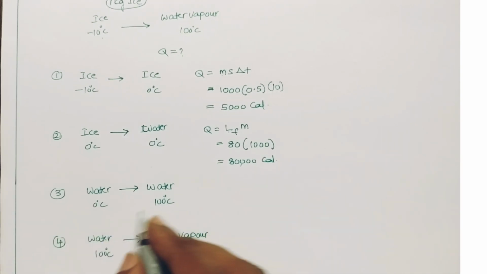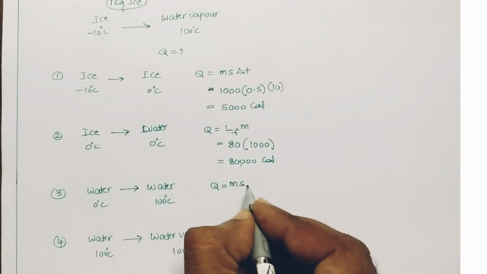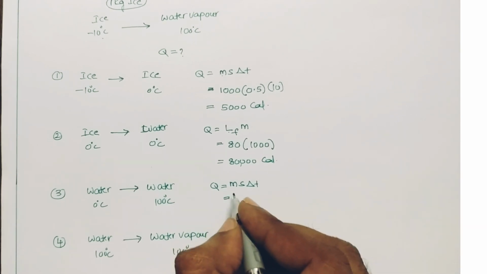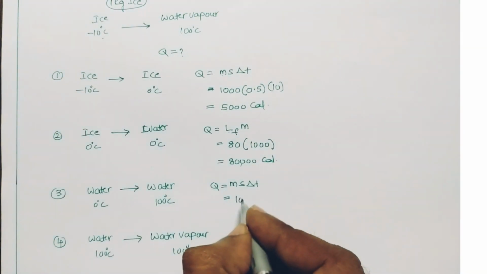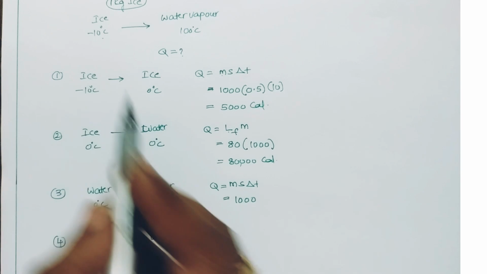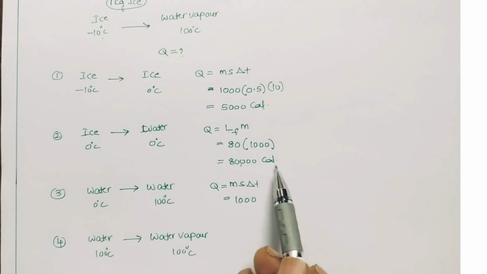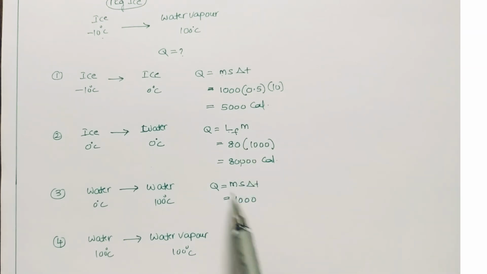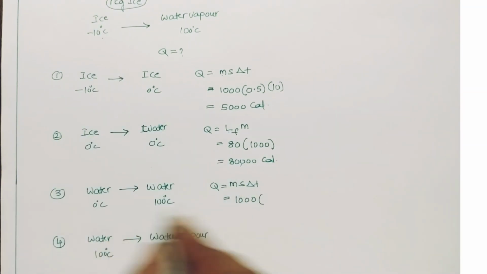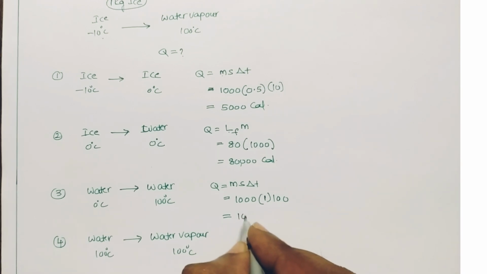So let's come to the third stage. Here there is change in temperature, so we have to use the formula Q is equal to ms delta T, where m means mass of the substance, that is 1 kg, that means 1000 grams. Why can we write it as 1000 grams but not 1 kg? Here we have taken the CGS system, that means calorie and grams. So that's why we have to take the mass of the ice in grams. So 1000 into s, the specific heat of water, which is 1, and change in temperature is 100 minus 0, that is 100. So it is 1 lakh